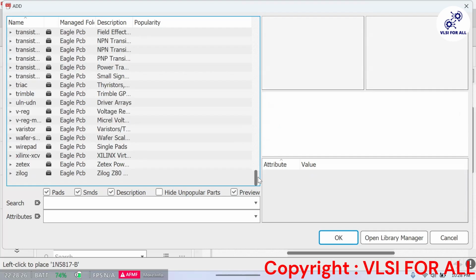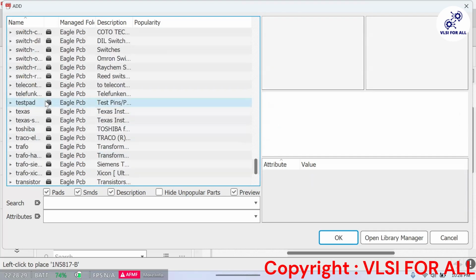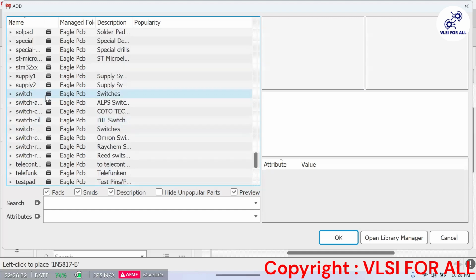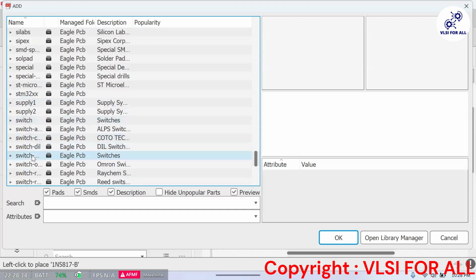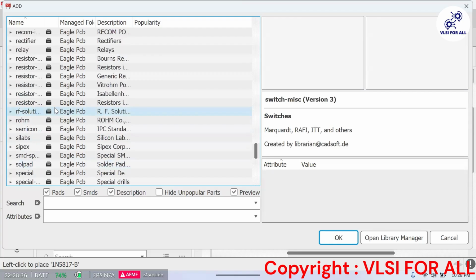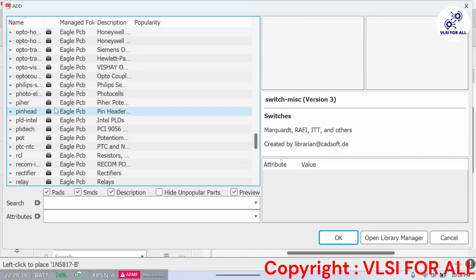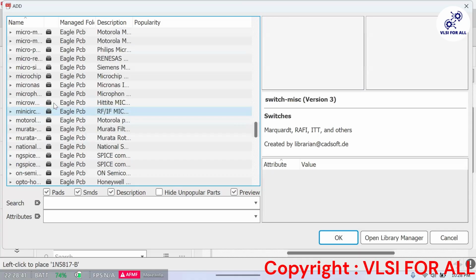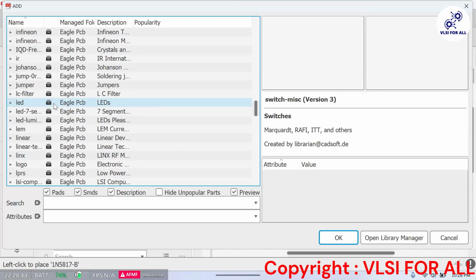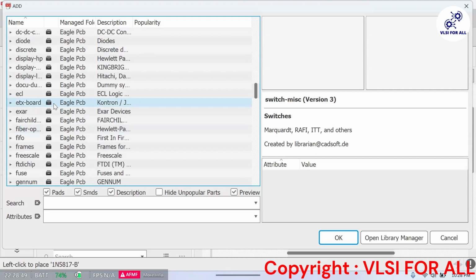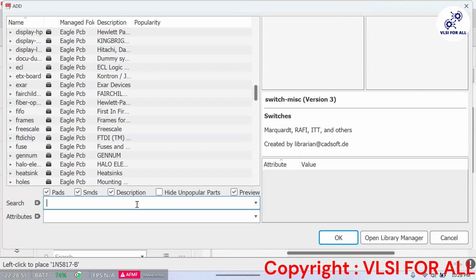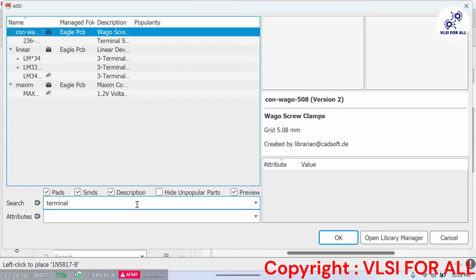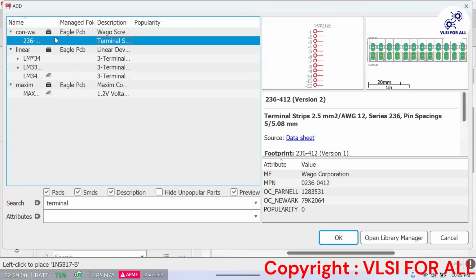One second, let me go through this to get that terminal block. Where is that terminal?